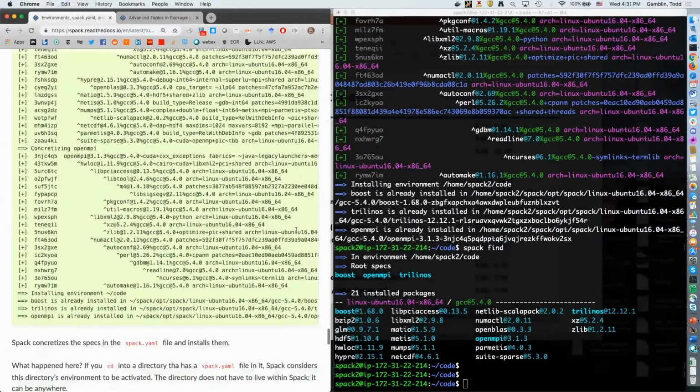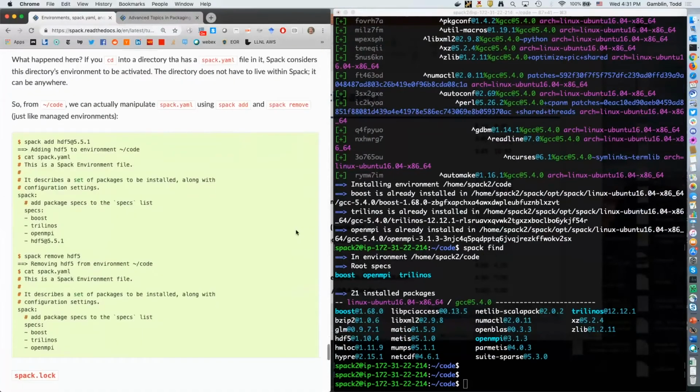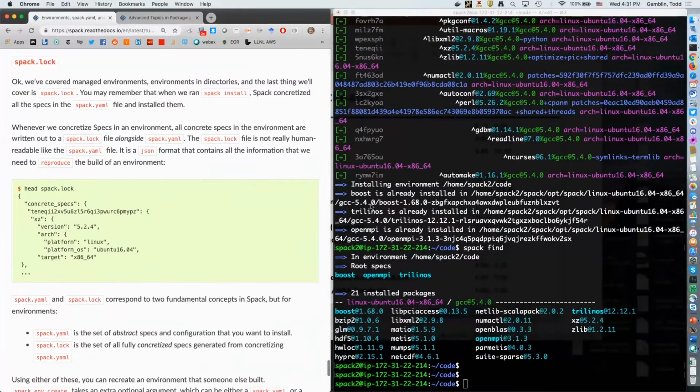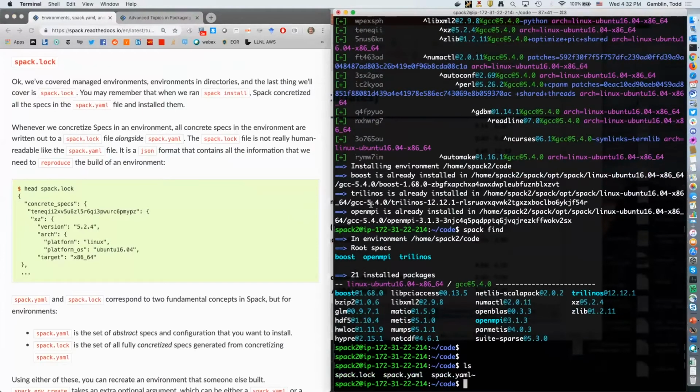Okay. So skipping ahead a little bit after that, let's see. I'm going to just skip straight to the spack.lock part. The other thing that you'll notice here is that now that we've installed this stuff, there's another file in the directory, and that's the spack.lock file. And that file is interesting because it contains the complete concrete configuration for the environment. That's everything that came out of the concretizer for these specs. And so if I edit that file,